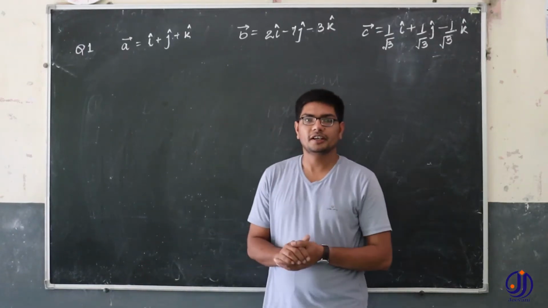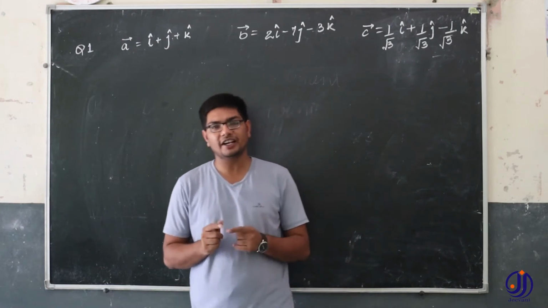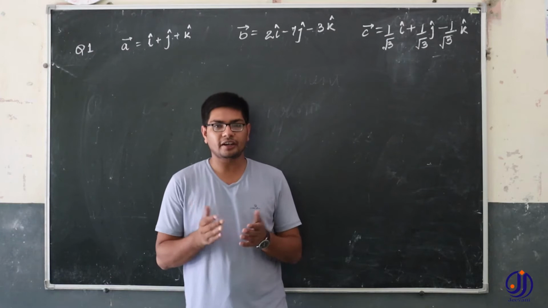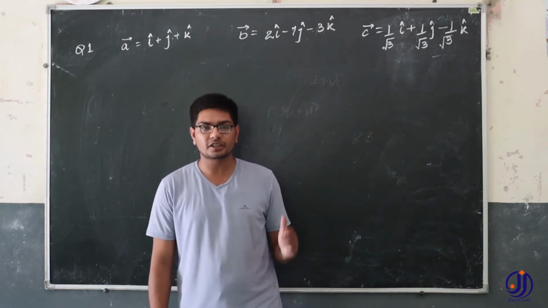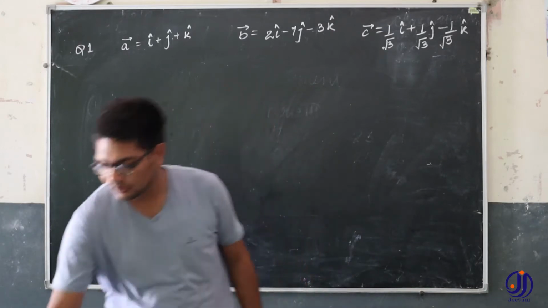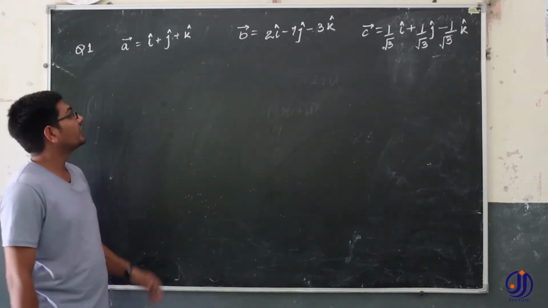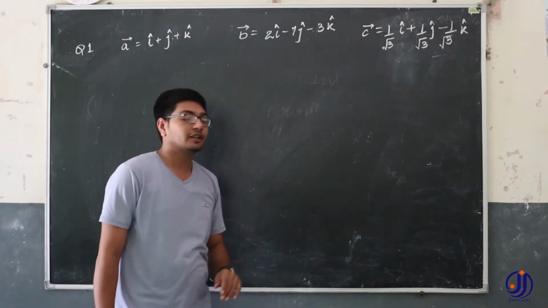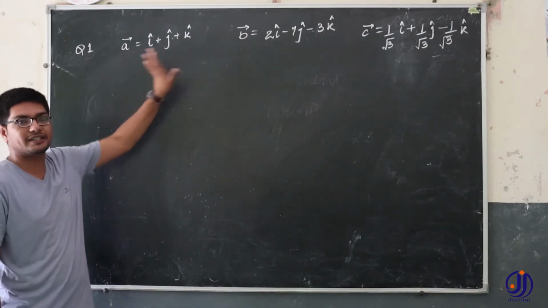Hello students. So in the previous video we have discussed the concepts of the addition of vectors and calculating the magnitude of the vectors. So today we are going to solve exercise 10.2 from NCERT. The questions from the NCERT textbook will be solved here. On the blackboard you can see that there is a question written as find the magnitude of the following vectors. So here vector A is given by i cap plus j cap plus k cap.